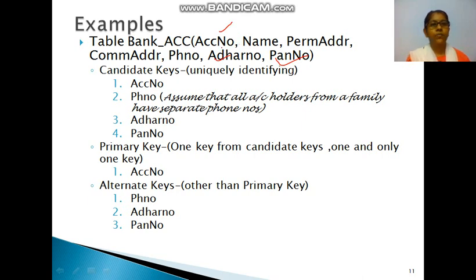Then when we look at these fields, which one is the uniquely identifying key? Let's look at our account number. Definitely we can uniquely identify each customer. For a customer with an account number, you can say this account number is of this person. There is no duplication. That is the meaning. When we take name, definitely duplication may happen. Permanent address also can be duplicated. My family member can have an account in the same bank, so duplication is possible. Phone number, if each person has their own mobile number,